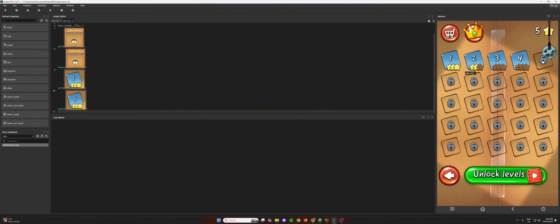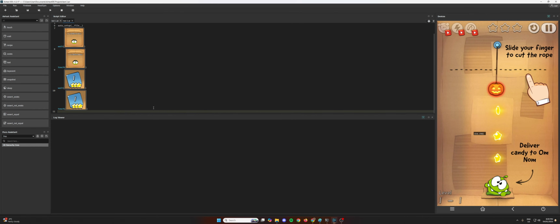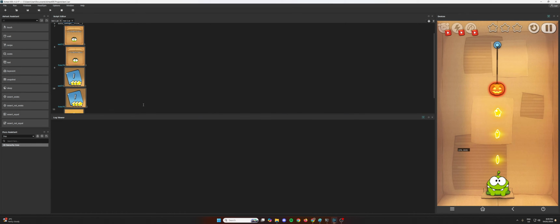And then after we interacted with the level 1 icon, we should be in level 1. And to verify I'm in level 1, let's make sure that one of these stars exists. So let's wait to see that this star right here exists. So if this star does exist, and let's say if